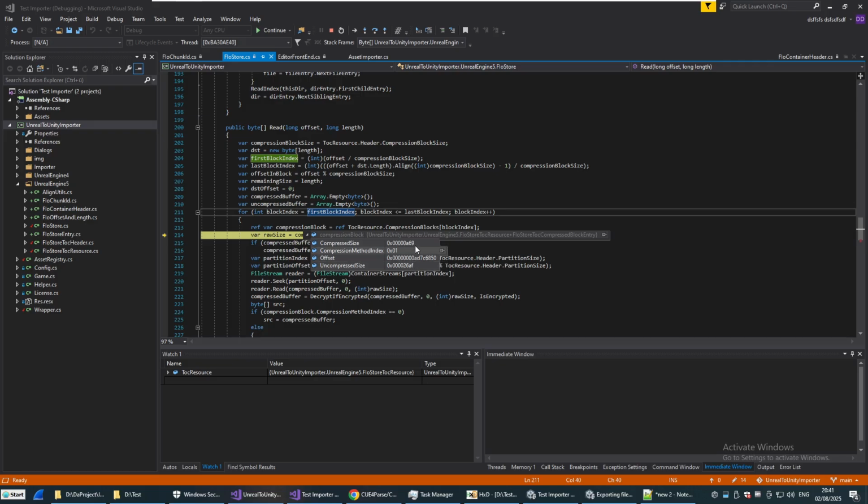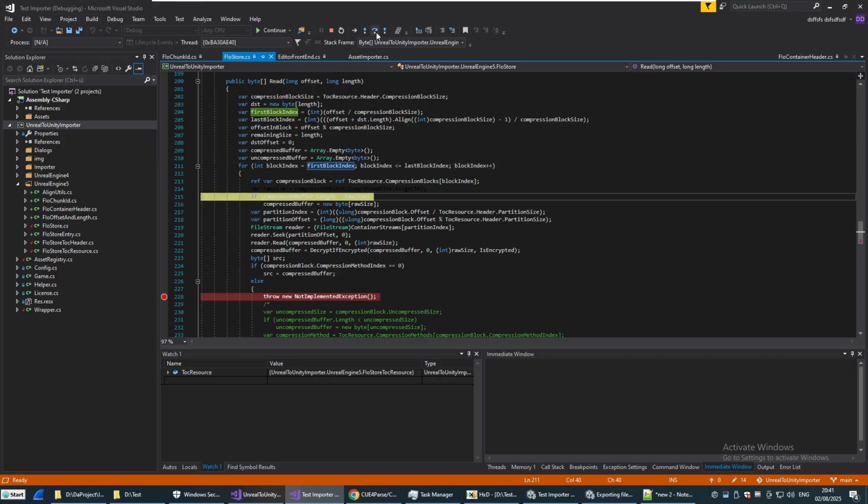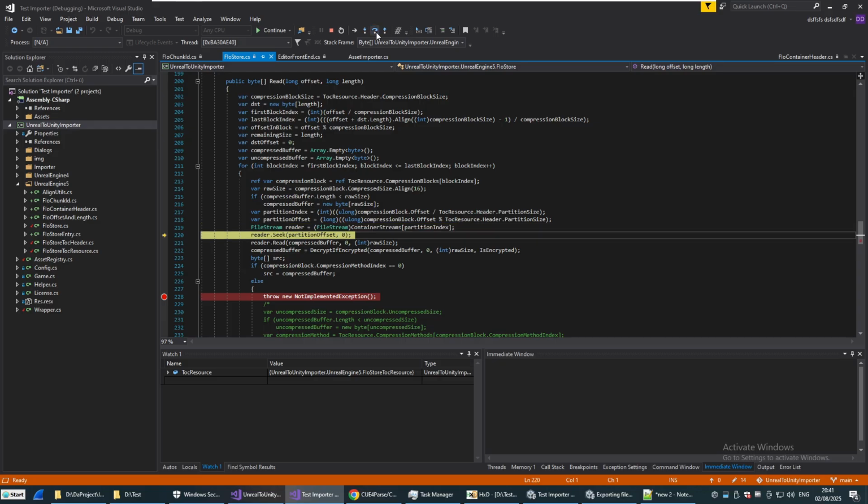And compression method. So first off we go to the offset, it's here, and this would be